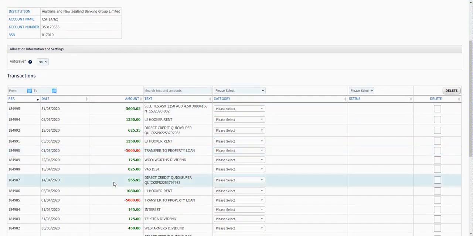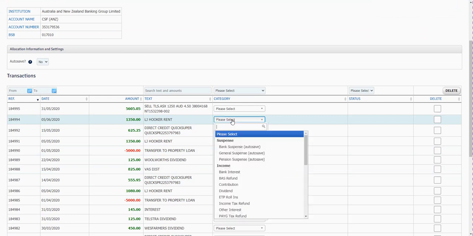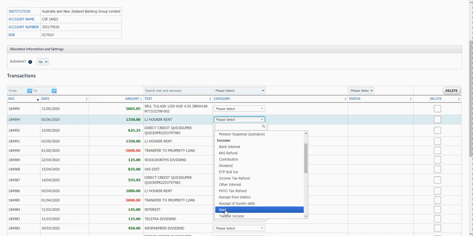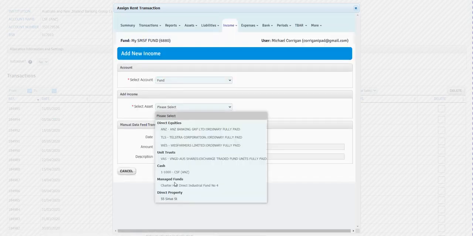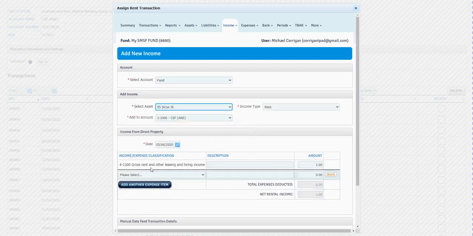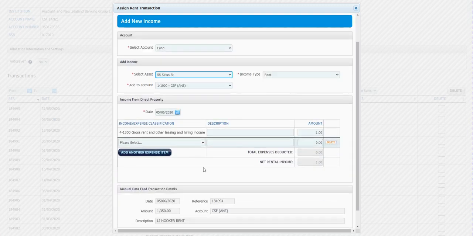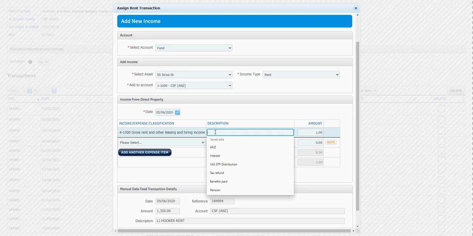So now we've just got some other examples here like rent. So again, there's LJ Hooker rent. As you can see, there's rent here. Now you need to select the account, so it's a fund account. Select the asset, which is 55 Sirius Street. And now you'll notice there's $13.50 here, and it automatically puts just $1 in there. So in this case this was actual, say, May rent,